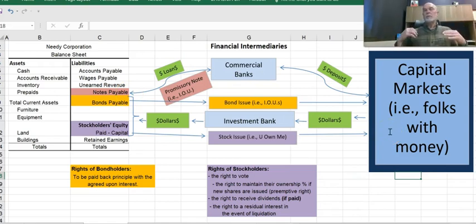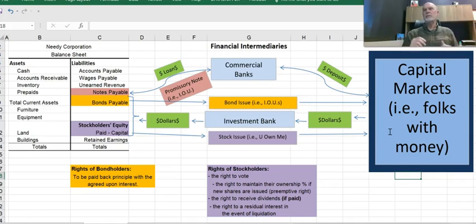Also, you and I are paying, say, an insurance premium every month on our house or our car. Well, that insurance company, all those insurance companies, have all these monies that they've been collecting, and they're looking for a place to invest it. So they may decide to loan money to a needy corporation or buy stock in a needy corporation, or they're going to invest someplace so that that money can grow and they can have a profit plus have the money that's needed whenever we make an insurance claim down the road.